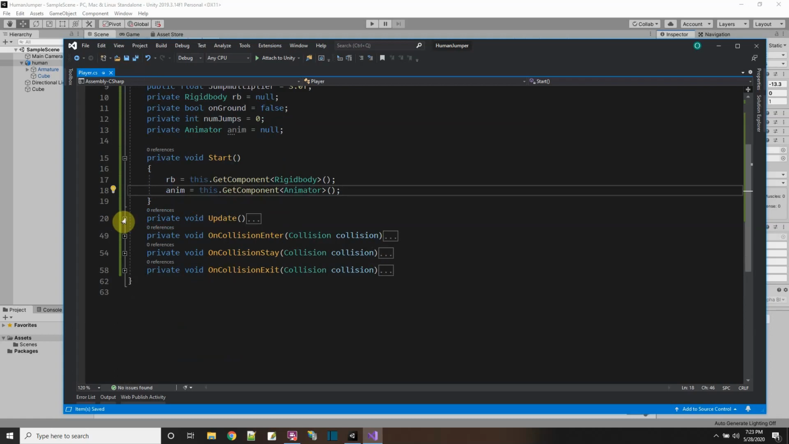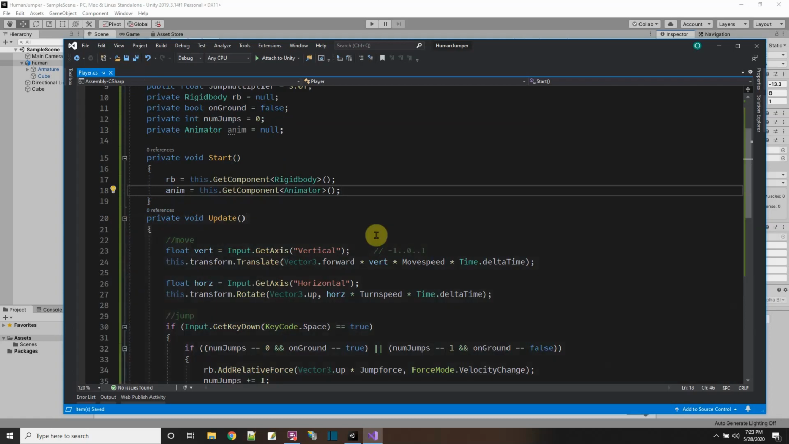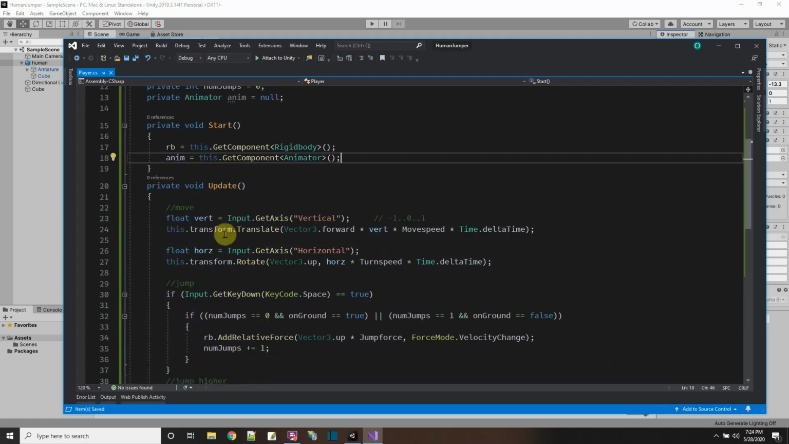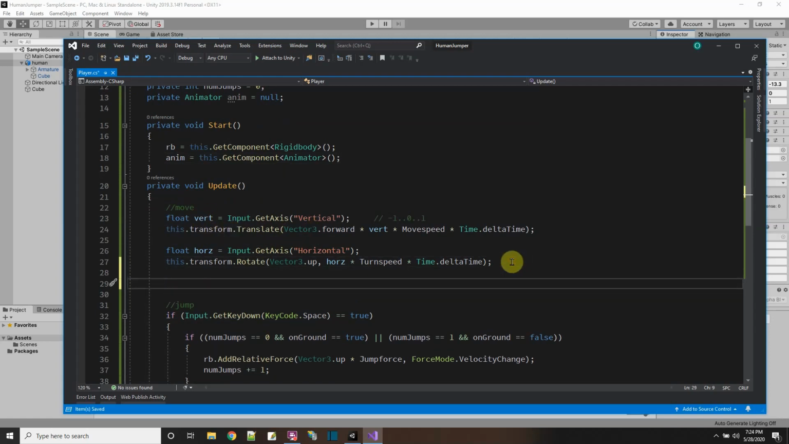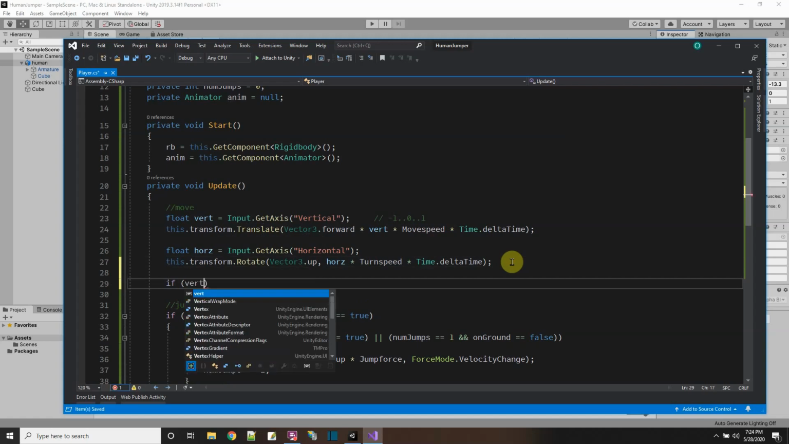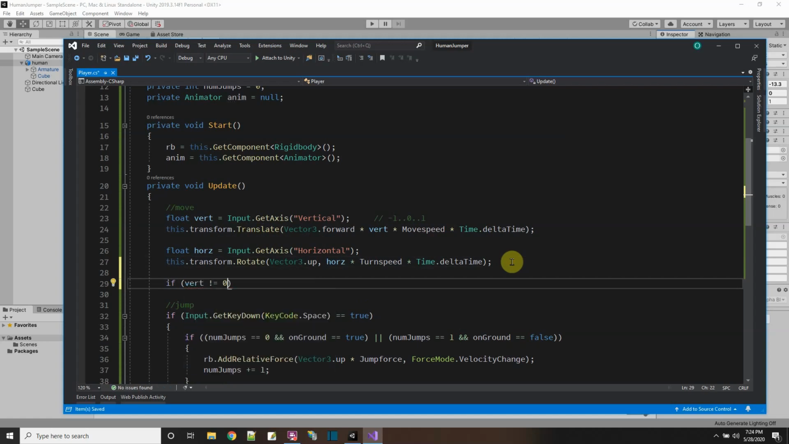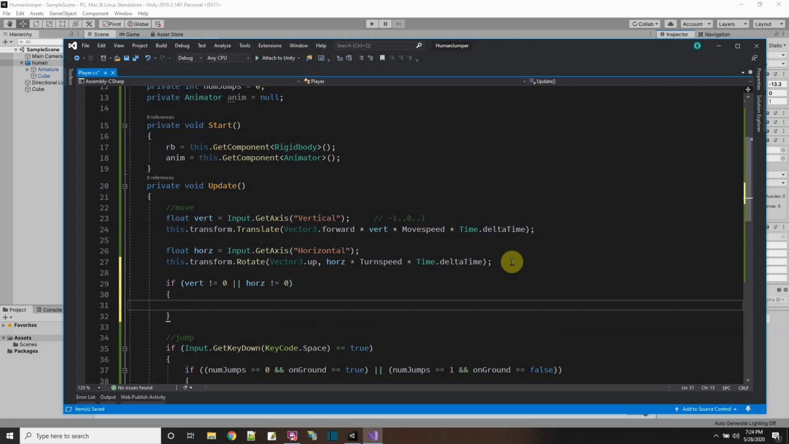What are we going to do with it? Well, we're going to want to play the walk animation when we move. I believe that that would be a logical conclusion. So, we move over here. I put the comment when we either have input on the vertical axis or the horizontal axis. That means the values from those two will not be 0. So let's make an if statement that sees if the vertical and horizontal are not equal to 0. If vert is not equal to 0, or horizontal is not equal to 0, then on our anim, we want to